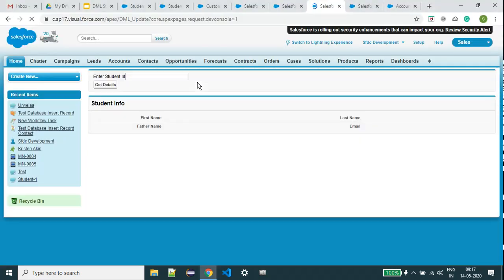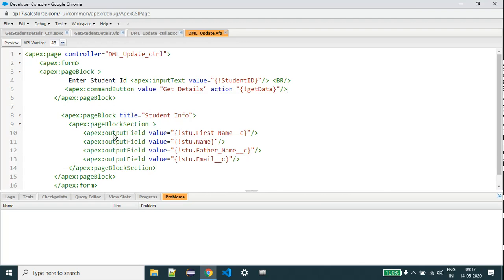By default I'm giving input fields. Output means just read only. Input means they can edit also. So now save this.